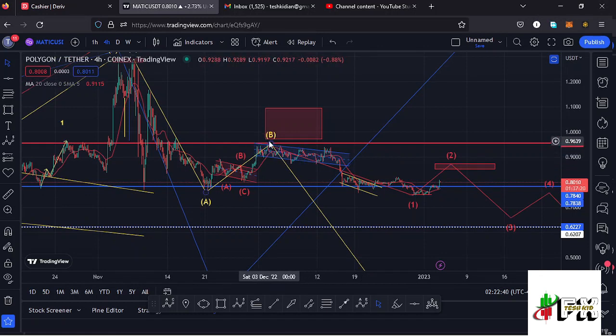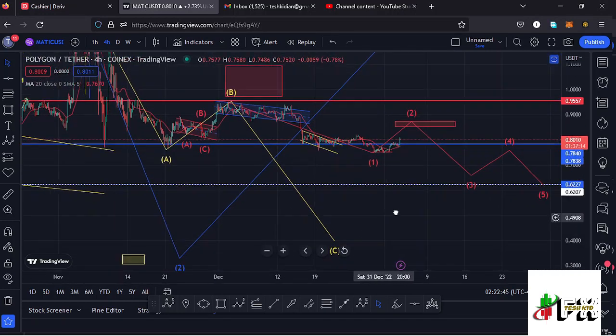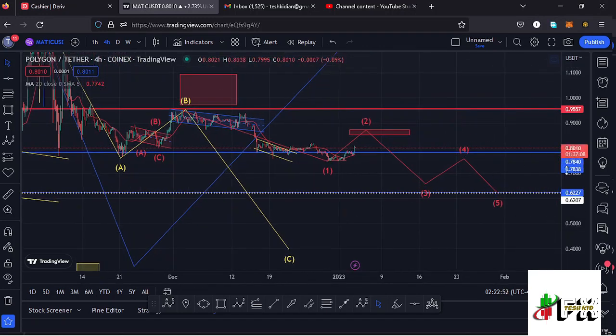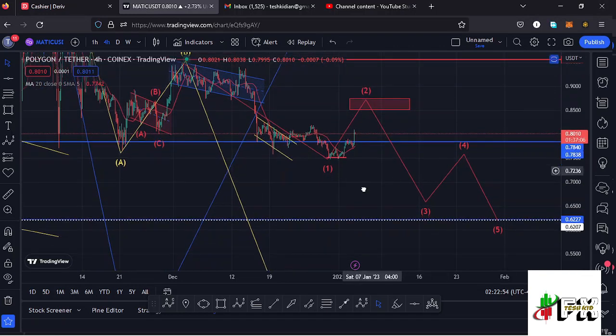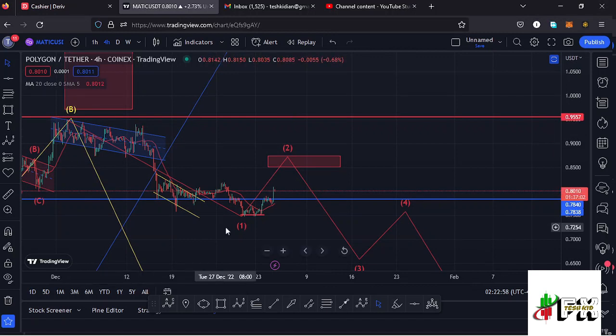Then from there we started this 5-wave structure to the lower side in the formation of this wave C, and that is so because a wave C is an impulsive wave, and we also expect to see a 5-wave structure in the formation of that wave C, where I believe we have completed the formation of that first wave to the lower side. So in the formation of the wave C, we have this as the wave 1,